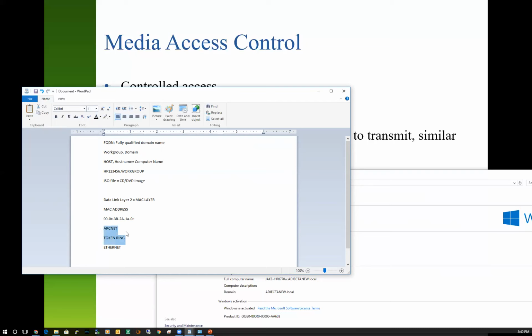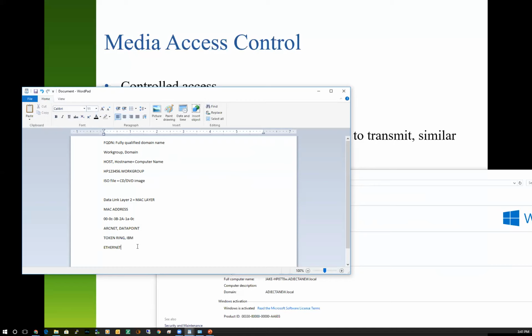These two are controlled approaches. Ethernet's a contention-based approach. ArcNet and Token Ring were both developed by organizations that required licensing. ArcNet was developed by DataPoint. Anybody ever heard of DataPoint? Probably not. Token Ring was developed by another company that some of you have heard of because they still exist, called IBM. Although we don't do a lot with IBM anymore because they don't make all the computers in the world anymore like they used to. They lost their competitive advantage.